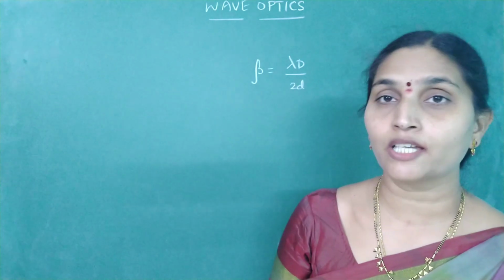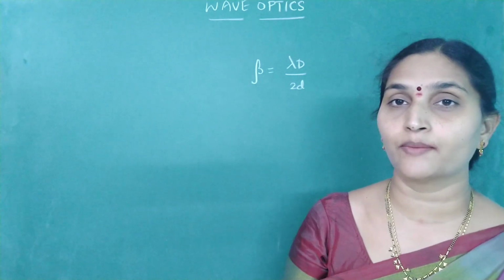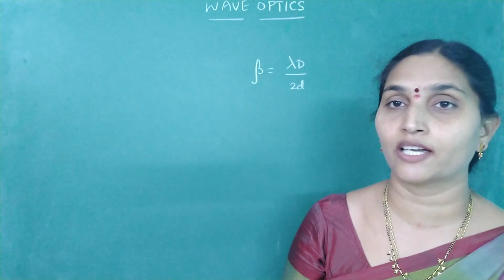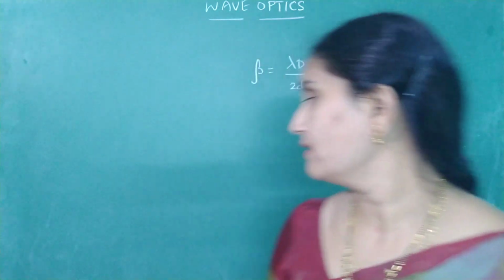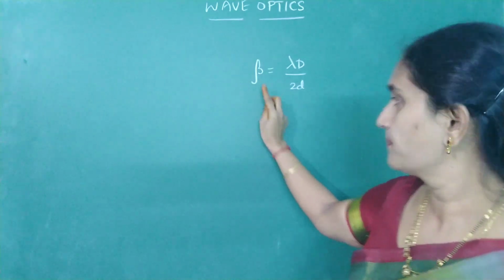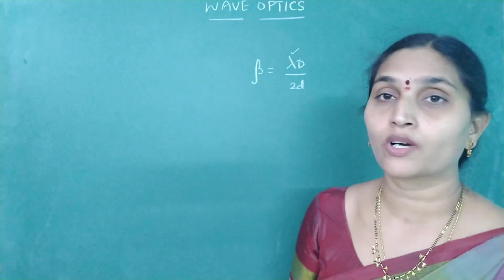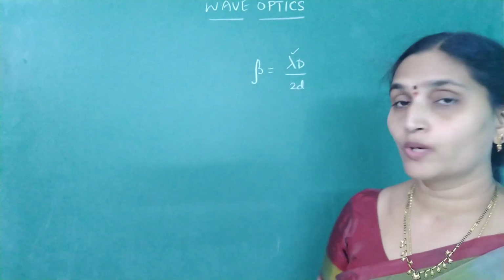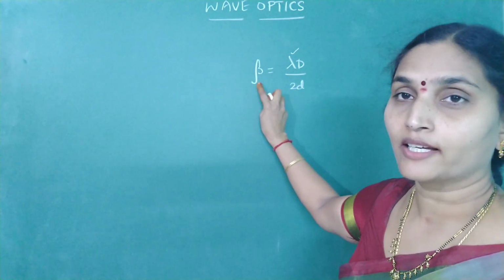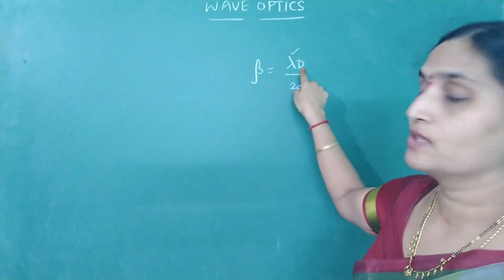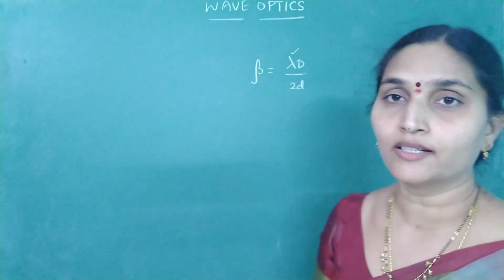Then look at the applications of this Young's double slit experiment. In the experimental part, I told you that it is an example which proves that interference can occur with the help of light. The other application is, if you can determine the fringe width by using a micrometer, you can calculate the wavelength of the incident light. If you want to find the wavelength of the incident light, you can make this Young's double slit experimental arrangement and calculate the fringe width. From the fringe width, as we know, D and 2d are experimental arrangements. If you know D and 2d, you can determine the wavelength.